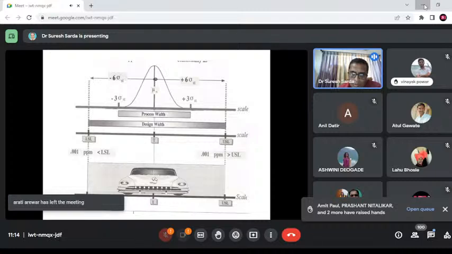It is clear that design width should be much larger than the process width, or the ratio of design width to process width should be greater than 1. Definitely it should be greater than 1. What happens if it is equal to 1? You can imagine a small road